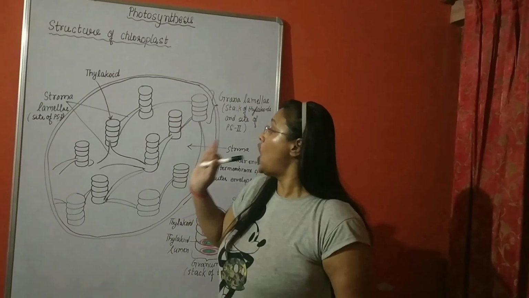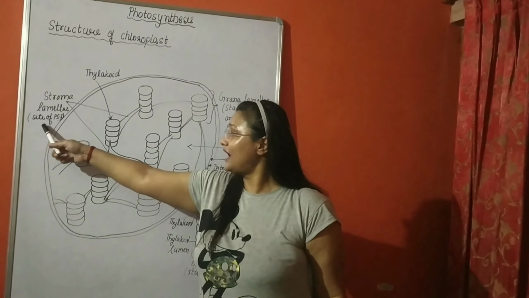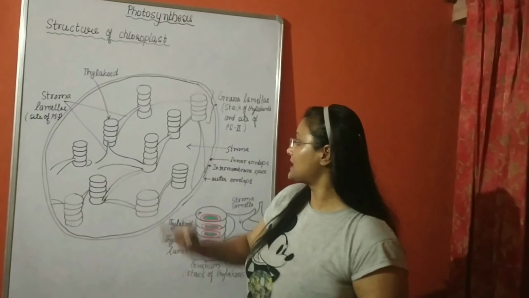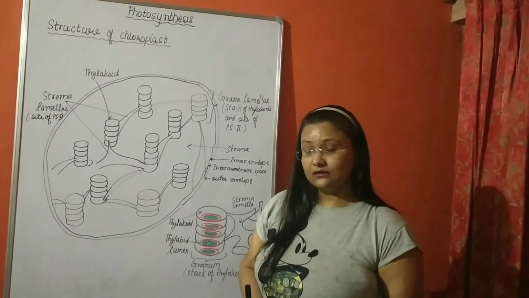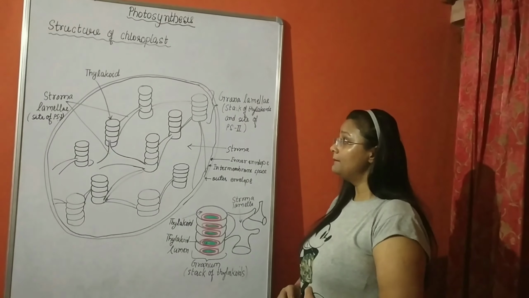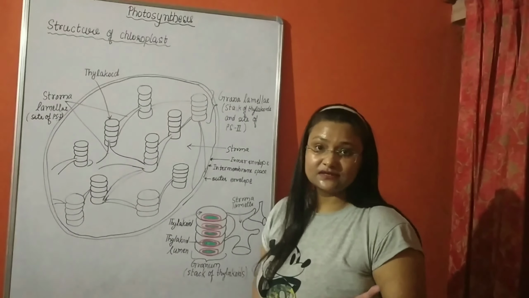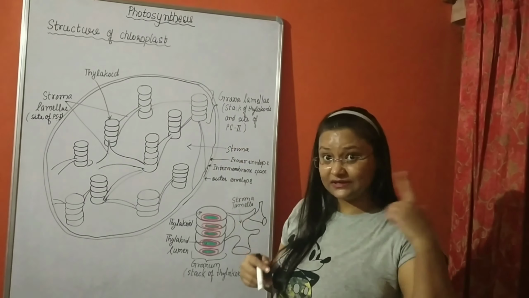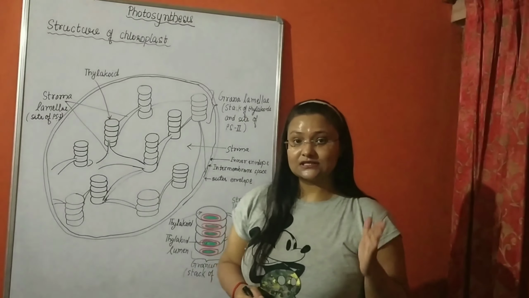Now, stroma we discussed, and these are stroma lamellae basically, and on these sides we can find the site of photosystem first that we discussed earlier. We will discuss the structure of thylakoid in much detail after this, because that is very important. In the thylakoid membrane itself, various structures related to the Z scheme, the zigzag scheme, because it is Z shaped, that we discussed in the last video as well, are located.